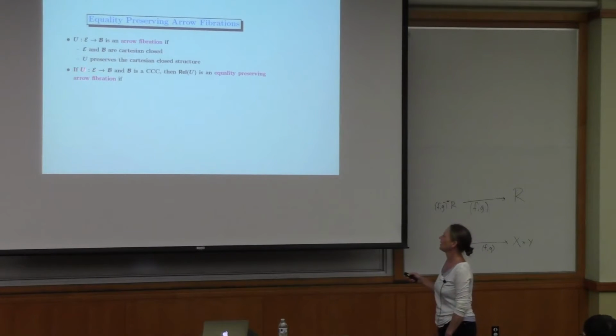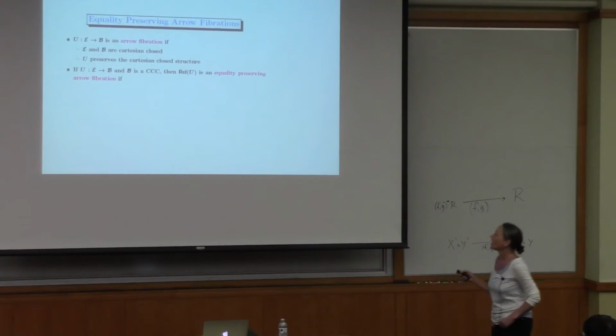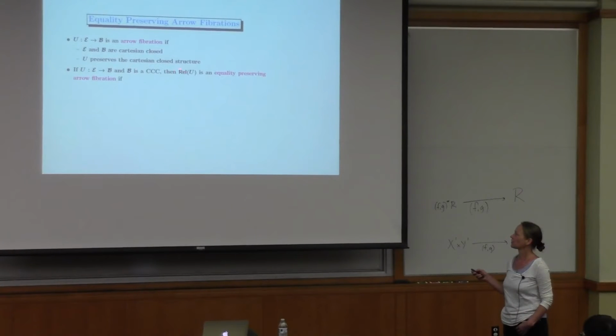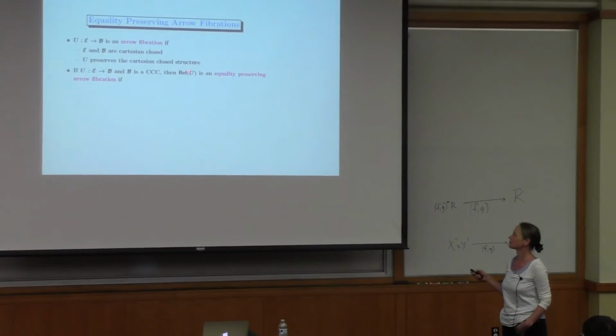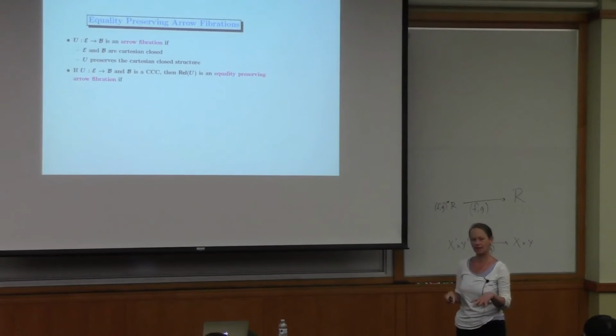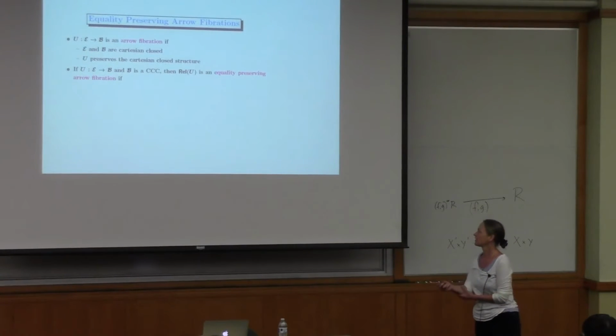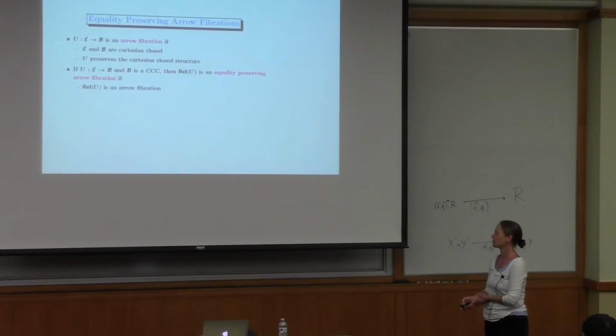If U has total category E and base category B, and B is a Cartesian closed category, then I'm going to say that Rel U, remember that's the category I got, this fibration whose total category is like relations, and whose base category is like copies of the original base category, right? So we're going to say that it's an equality preserving arrow fibration if it's an arrow fibration, so Rel U actually has these properties,